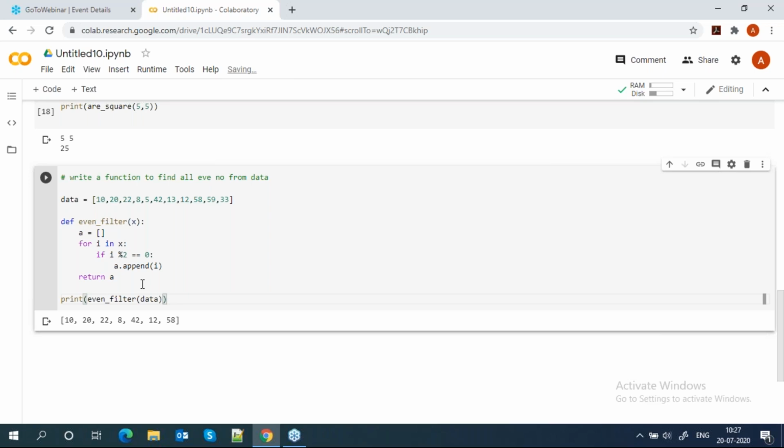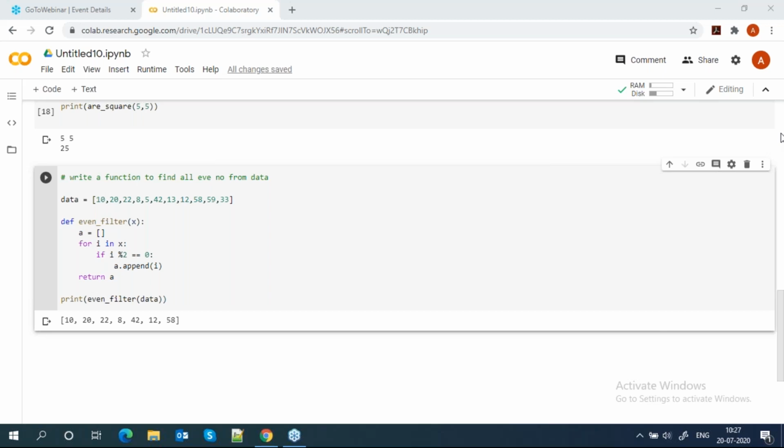Got it? Everyone got this logic, how it is working? Venkat, Tejaswi, clear?